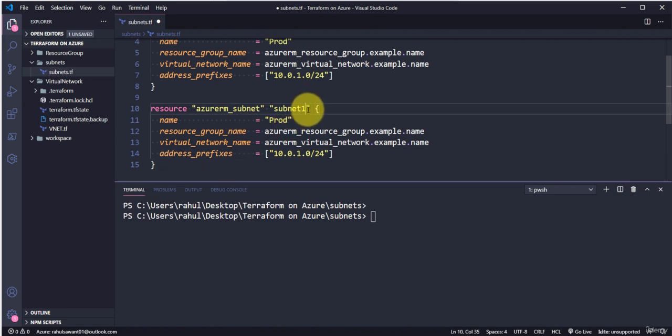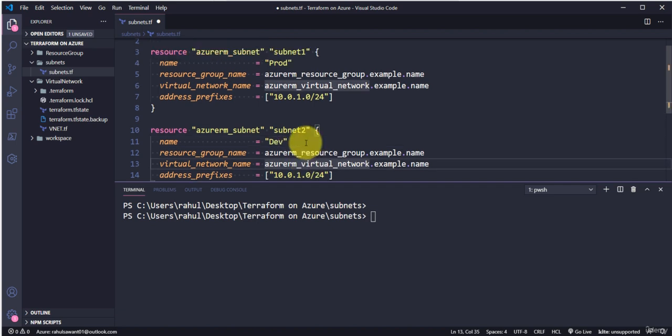and I'm going to create one more subnet, and I'm giving this particular label subnet2. You can give any name, it doesn't matter. You just need to make sure that whatever name you give in a label, you use the same name if you are using interpolation. And here I'm using prod, as we used in the previous subnet, so here I'm going to use dev, just as an example. Okay, so this is fine, but here we also require two values, that is the resource group name and the virtual network